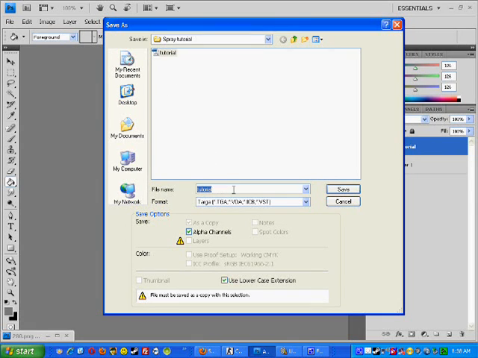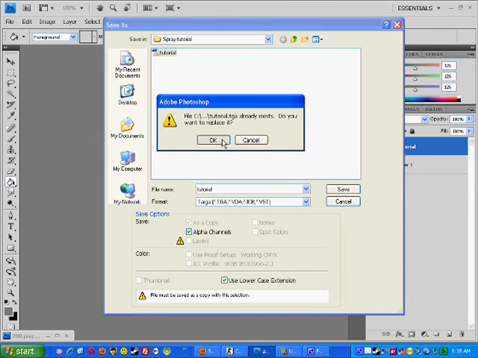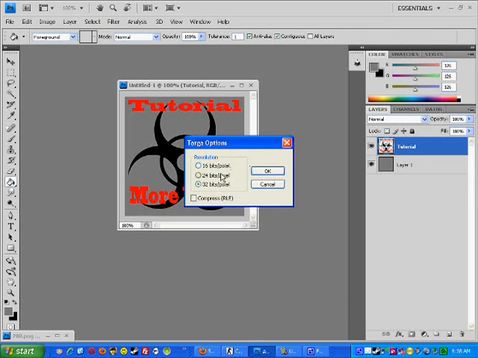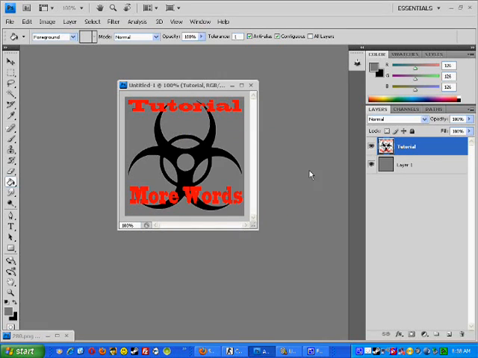Just name it whatever you want. You don't have to put .tga or anything, you just put the name of it because you've already got this, and then you click Save. Mine's going to replace, but okay, make sure it's 32-bit and click OK, and you've got it saved. Okay, now we're going to go to